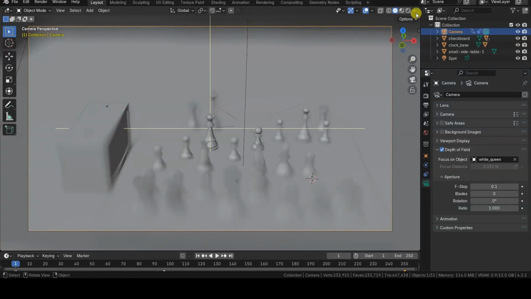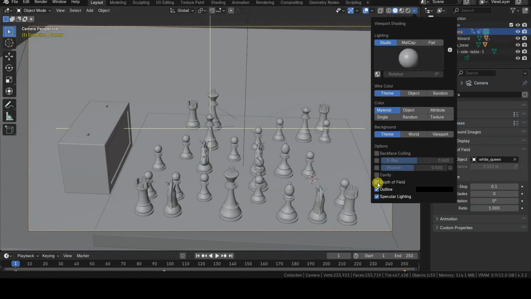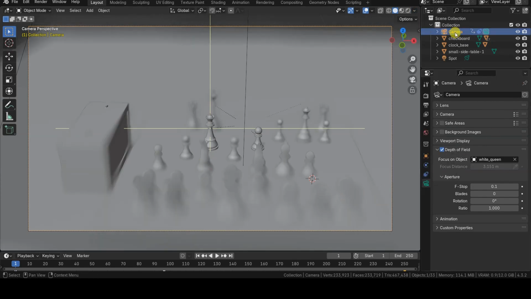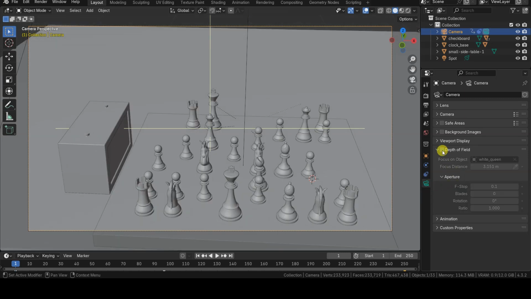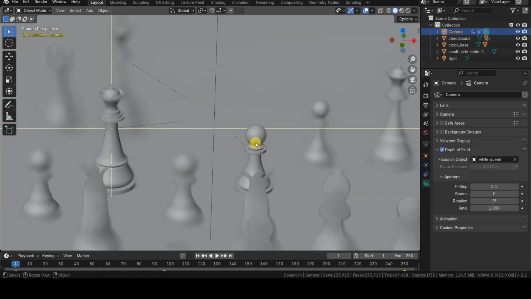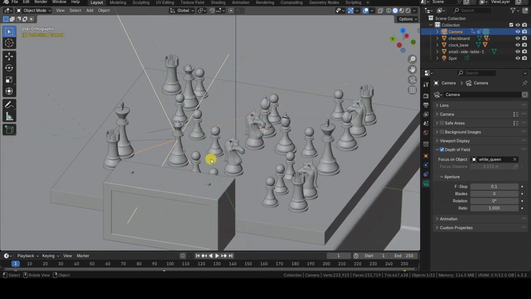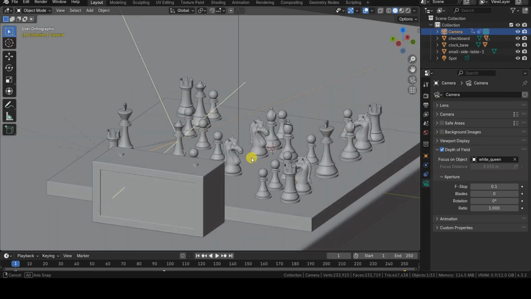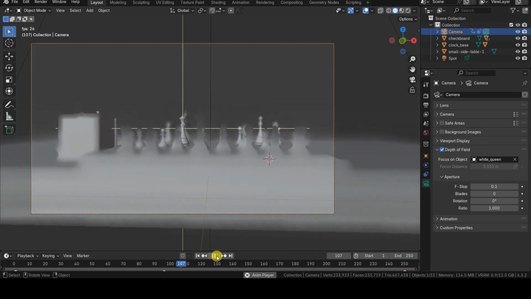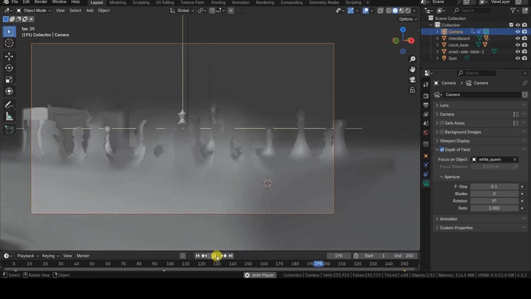Hello everyone. In a tutorial published a couple of weeks ago, I showed how to enable depth of field in Blender, both in the 3D viewport and during rendering, to keep one object in focus while blurring the rest of the scene. The blur effect produced by depth of field allows for interesting results. However, it doesn't focus solely on the selected object because all other elements at the same distance from the virtual camera will also remain in focus.